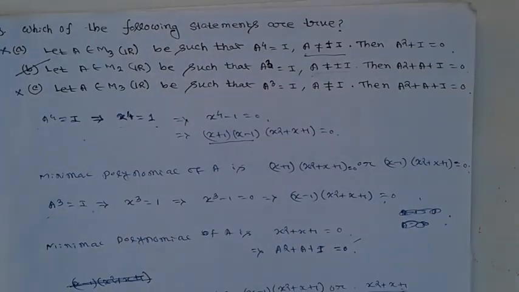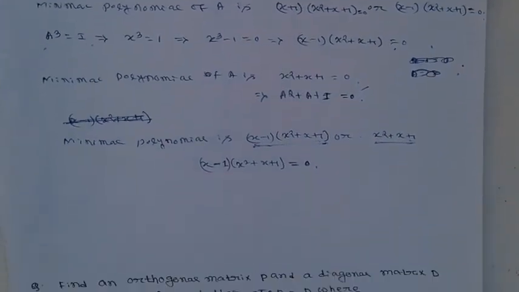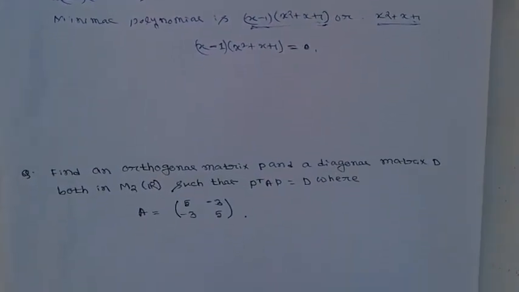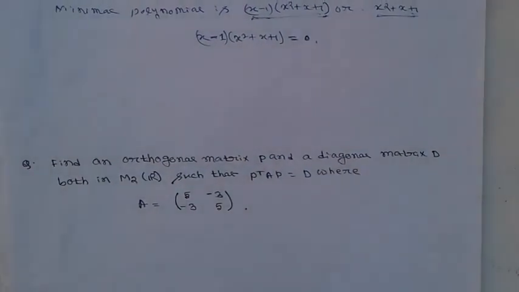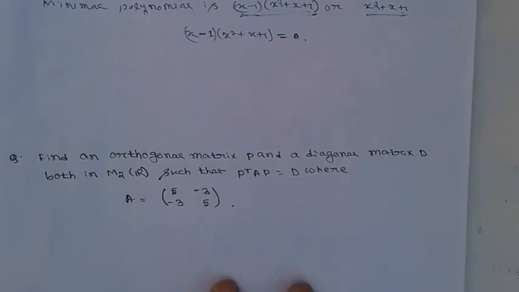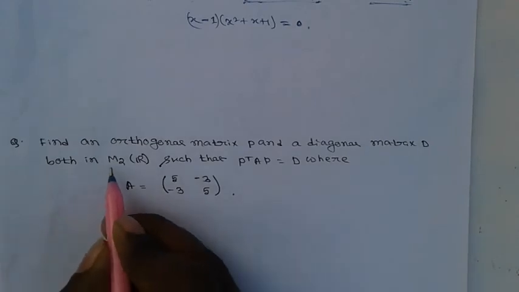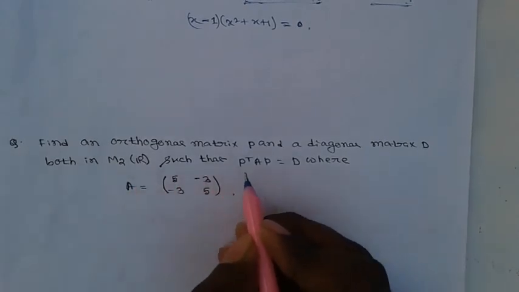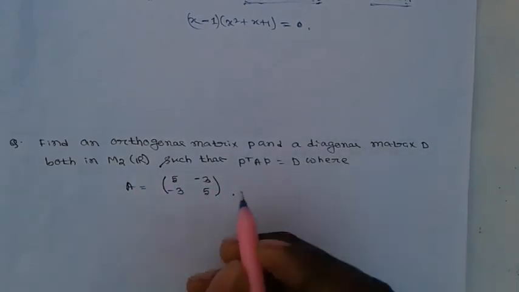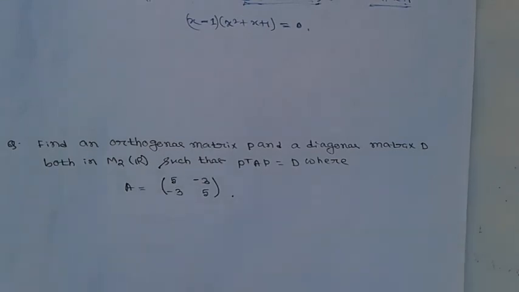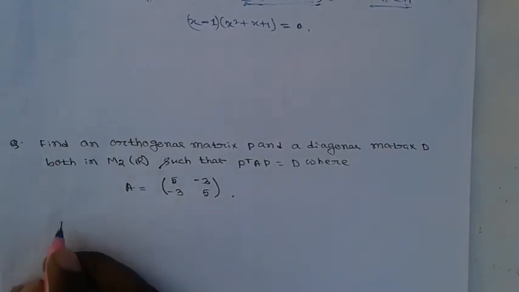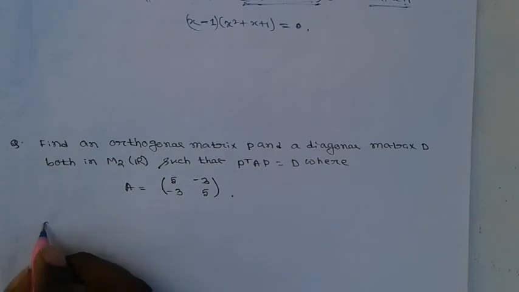Now the next problem is: find an orthogonal matrix P and a diagonal matrix D, both in M2(R), such that P transpose AP equal to D, where A equal to this. First of all, we find the eigenvalue of this matrix. The characteristic equation